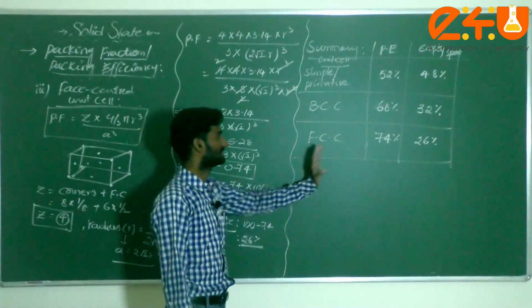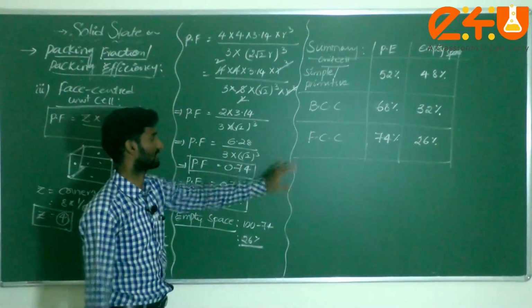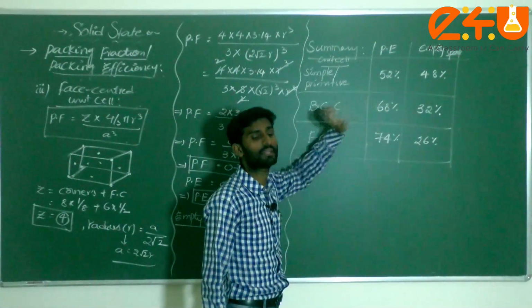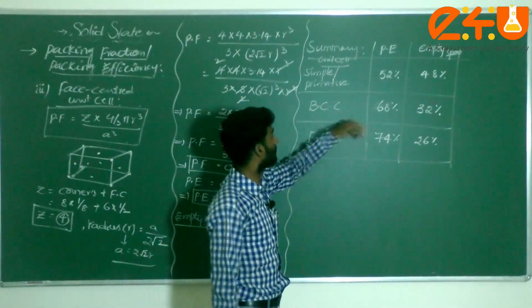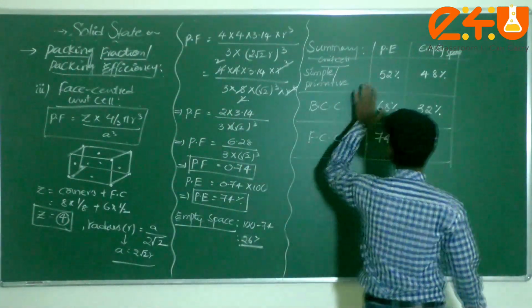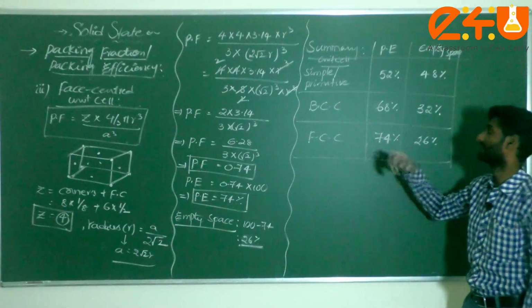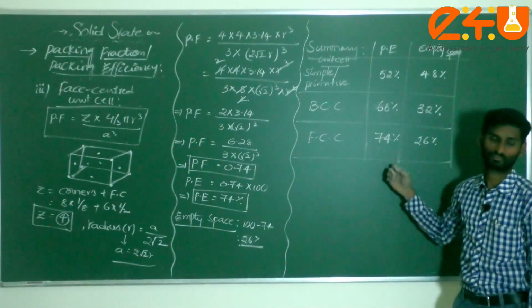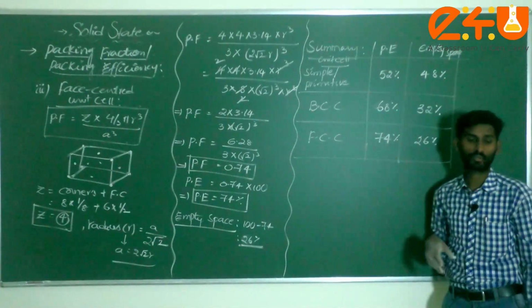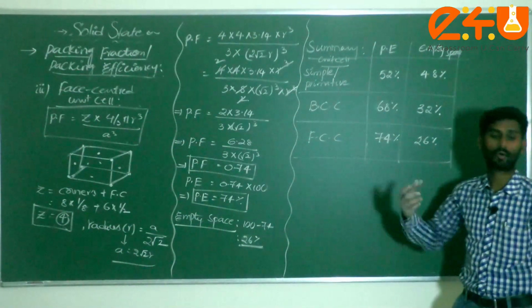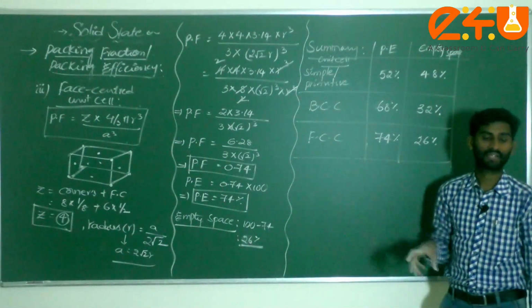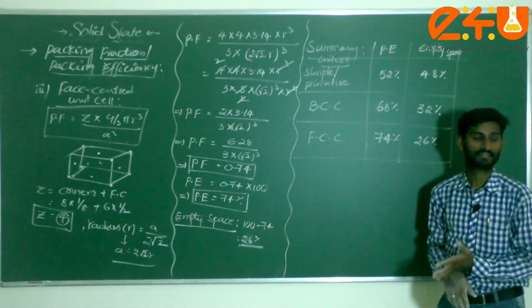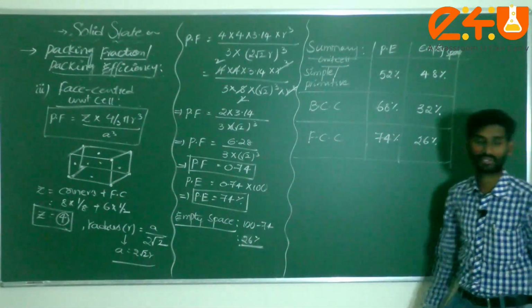Dear students, this is today's session. All these formulas and these percentages are very important for competitive exams. If they ask the packing efficiency for BCC and FCC respectively, without any confusion, just note down in sequence 68 and 74%. Sometimes they will ask how much space is empty in simple and FCC; if they ask, it is 48 and 26% respectively. This is very important, dear students, please note down.